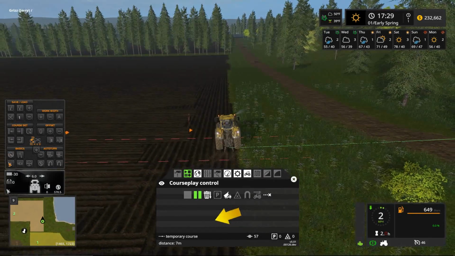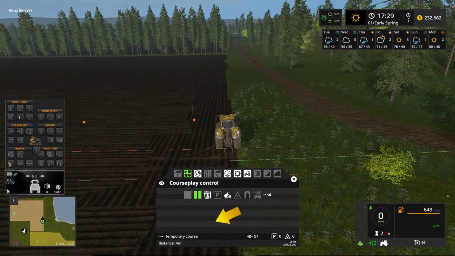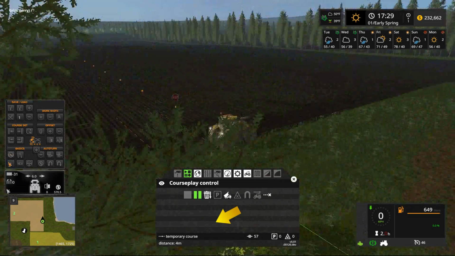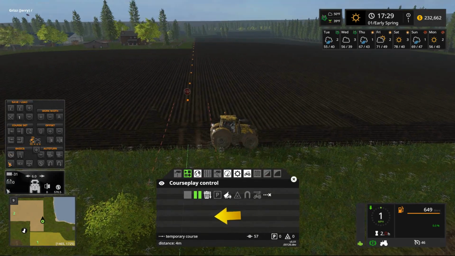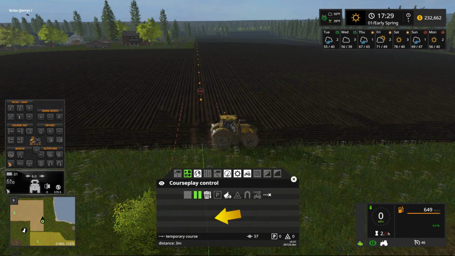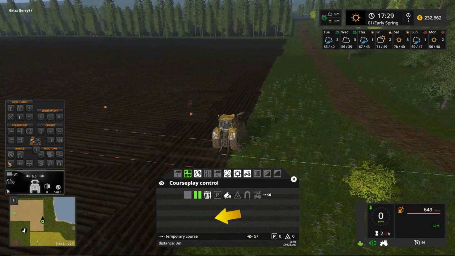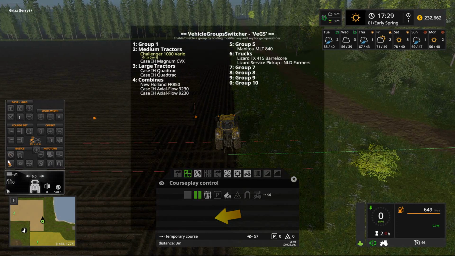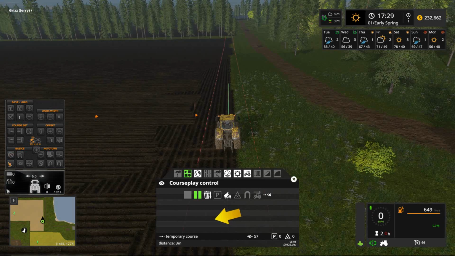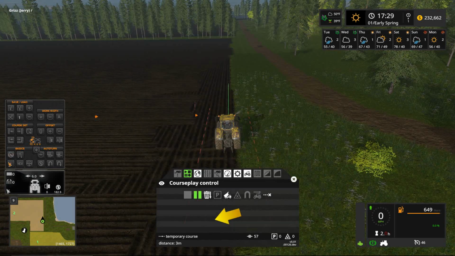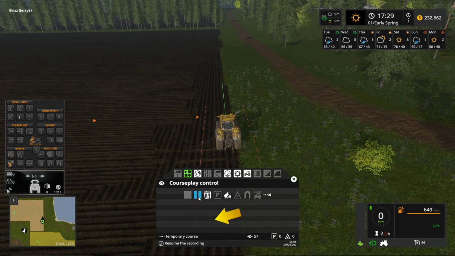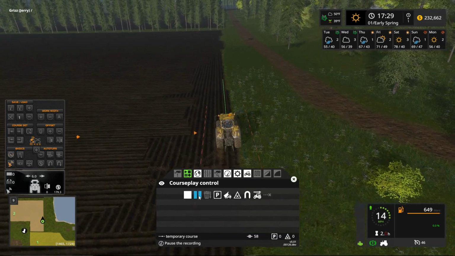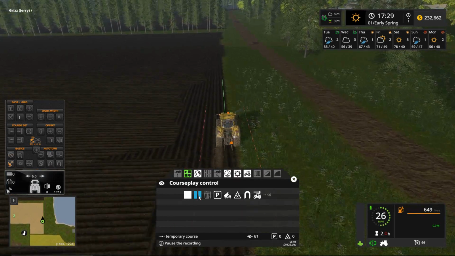Now we don't have to necessarily be perfect about getting lined up here. We just want to be on the correct side of our line there. So basically, about right there is fine. And we will go ahead and cause our GPS course to come around like this. And if I pull forward just a little bit, it'll give us our line. We'll lock ourselves into GPS, and then we're going to unpause our course, and we're going to follow across this way